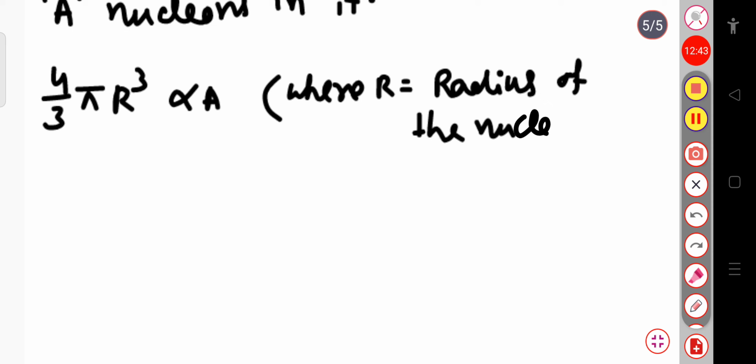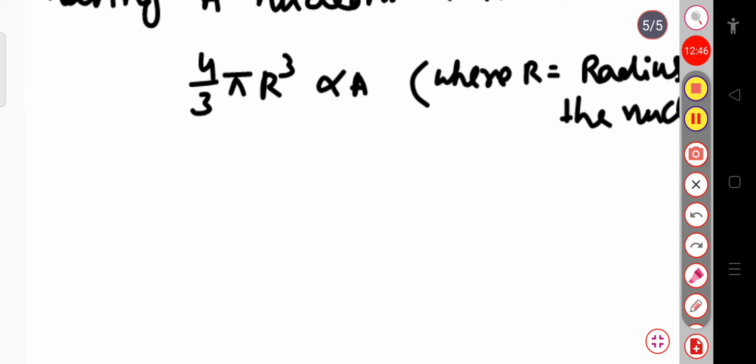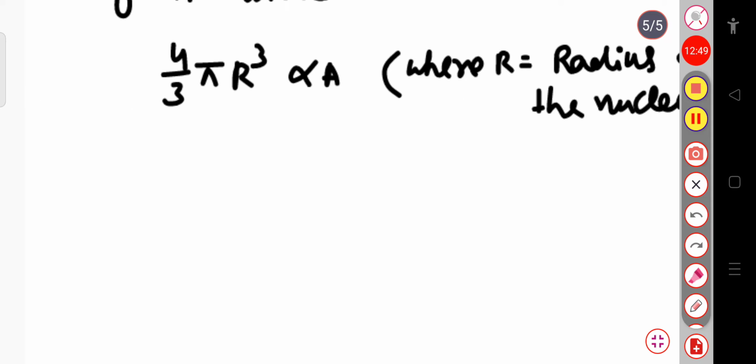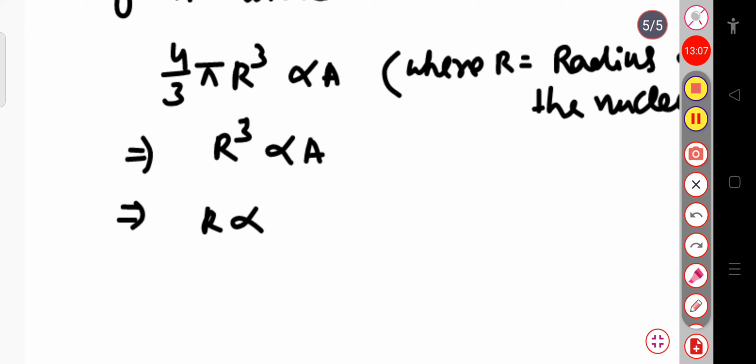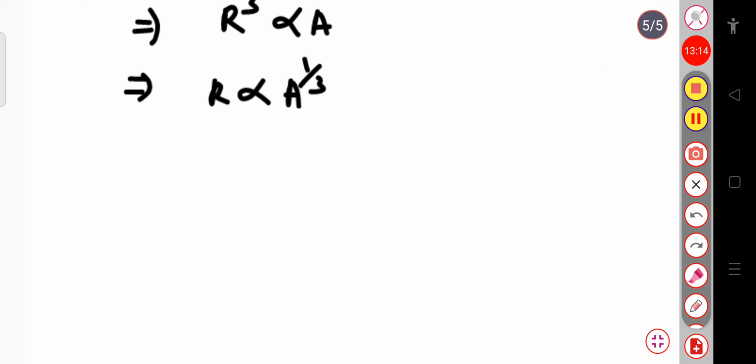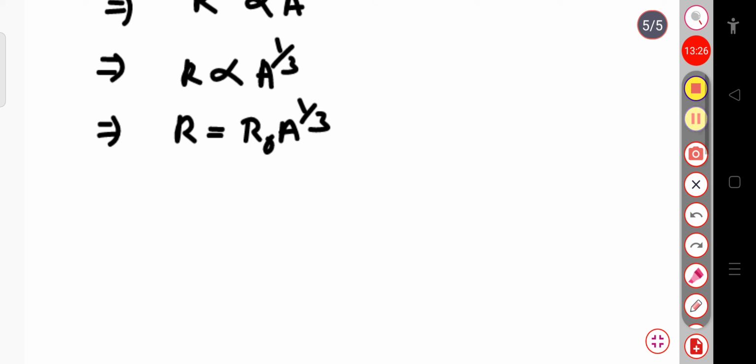Now from this relation you can see that since 4 by 3 pi r cube is proportional to A, and since 4 by 3 and pi are constants, we can write r cube is proportional to A. Or simply, if I raise the power 1 by 3, then r power 3 into 1 by 3 will be r power 1, proportional to A power 1 by 3. So if I remove the proportionality symbol, I will write the proportionality constant, suppose r naught. So this will be r equal to r naught A power 1 by 3, where this r naught